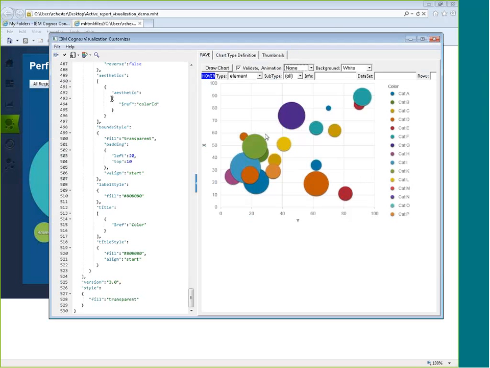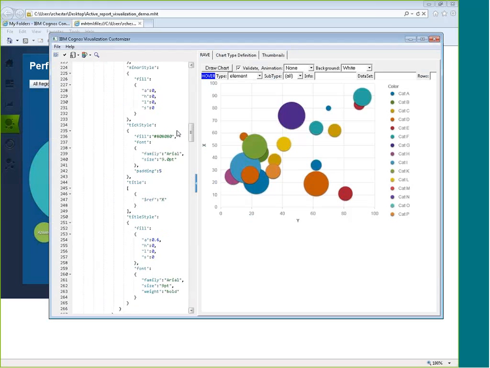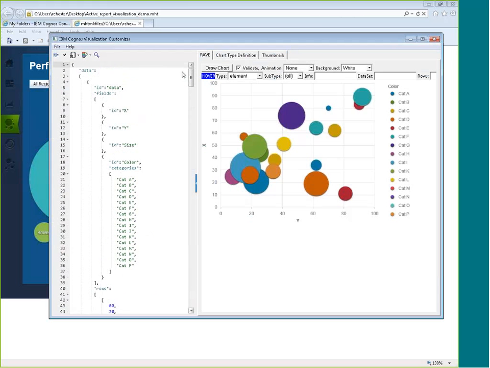The VizJSON code is actually what this code is over here. So you can see it's very program language looking. That's why I say this is probably more for your IT department and less for your end user world. You know, this data section, for example, do you ever wonder how Cognos decides what to display when you drag and drop a chart on your report and it shows you bars or it shows you pies? Well, there's actually data embedded in your VizJSON that tells you how to show the unpopulated visualization when it's added